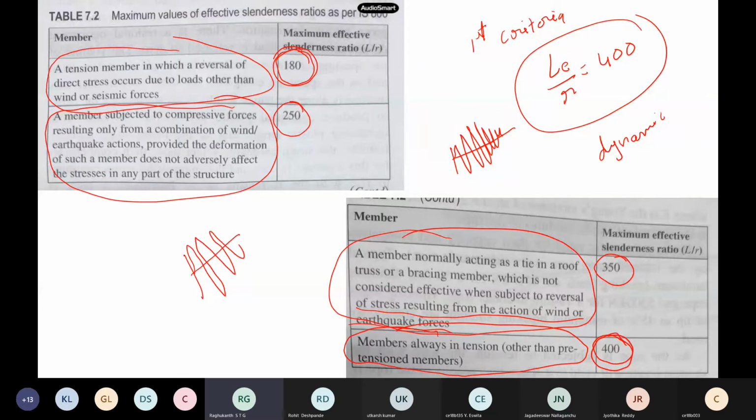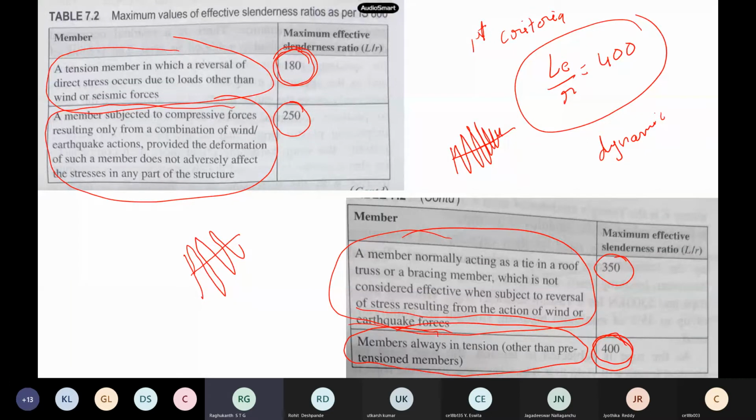Generally in design, the length will be known because you would have already visualized the truss, and the length between the joints will be very well known to you. So from the steel tables, you should select an angle section or whatever section you want, such that these are the limits. This is a general guideline we use for tension members.